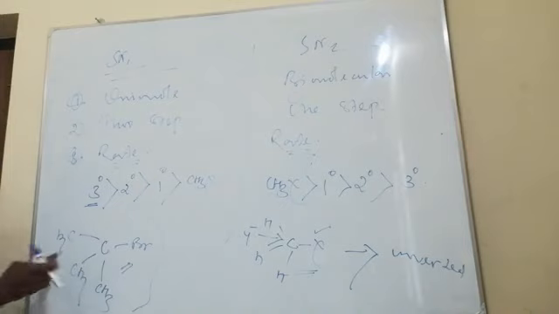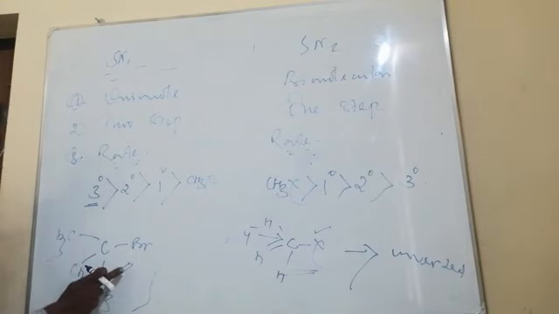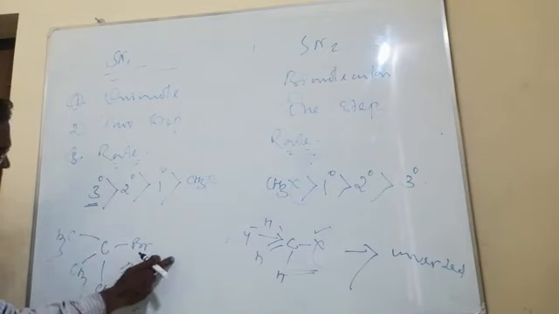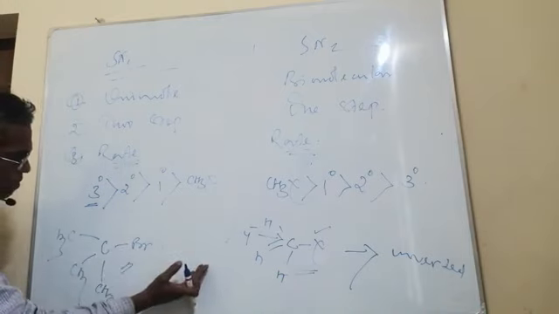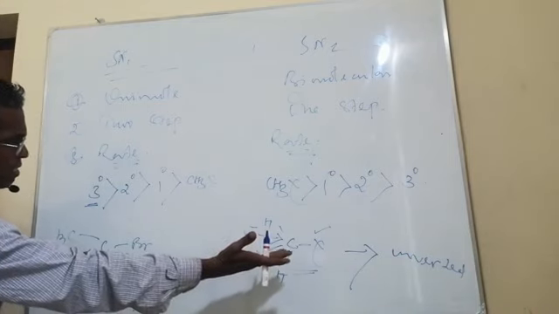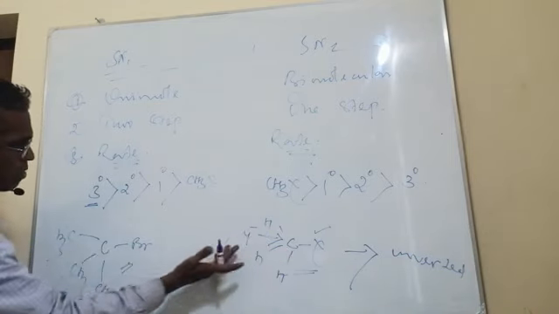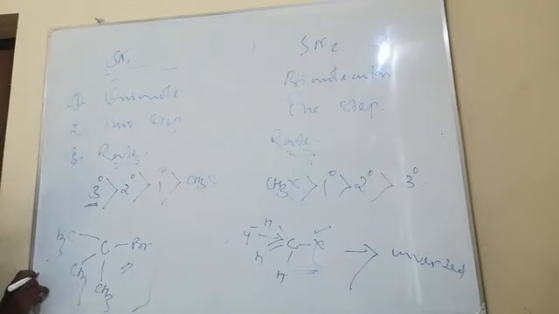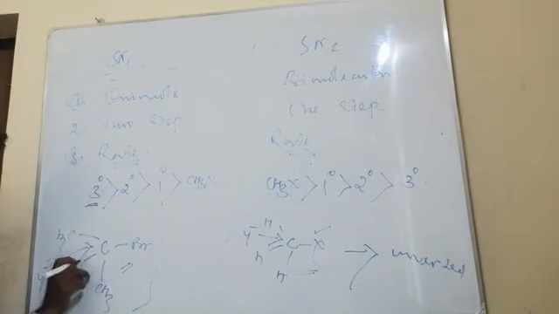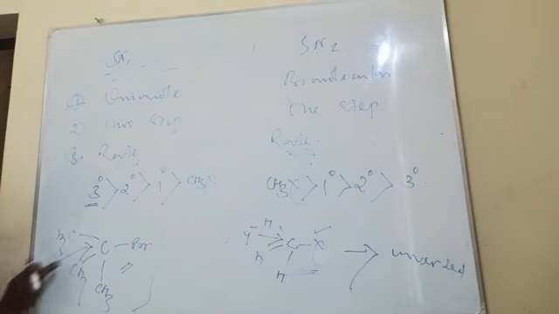Now come to the next one, the previous one, SN1. In the case of SN1, tertiary butyl bromide is favorable. This is the one that follows the SN1 path because, remember, in this particular case, we are not getting the inverted product like what we get in the case of SN2. In SN2, the nucleophile attacks the substrate from the back. Here also we can expect the backside attack. Why not? I am going to explain why the nucleophile does not attack the substrate from the back in the case of SN1.